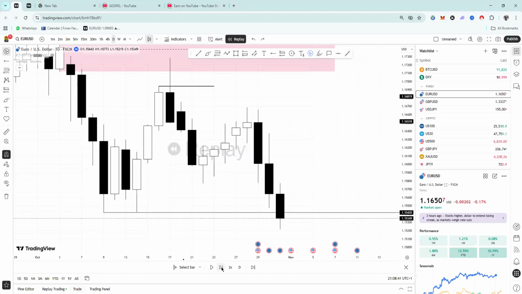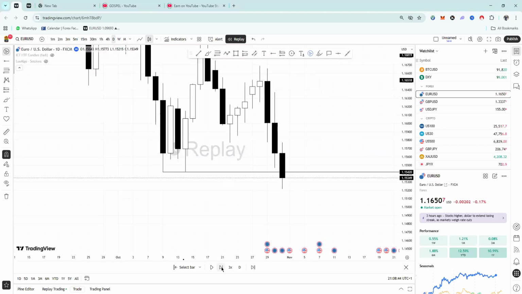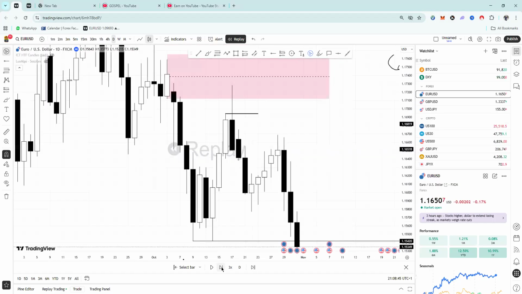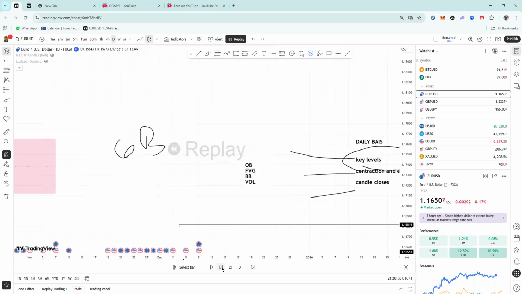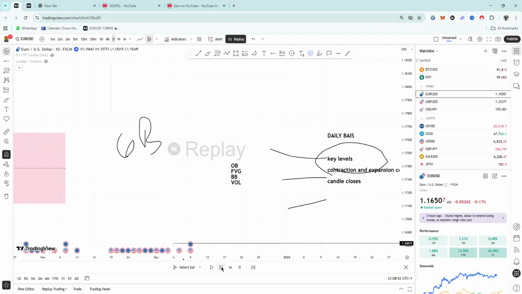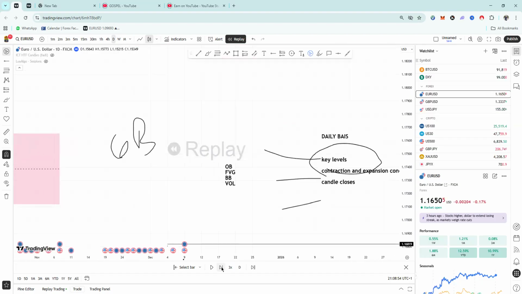Good. So the previous day, the next day, the market pushes lower. Now, this is just based on these key levels. We have explained how to use key levels to determine our daily bias. When price trades into a key level, either up, order block or fair value gap, you study the closure of that candle that trades into that zone. When you study the candle closure of that candle, it will give you information on what to expect the next